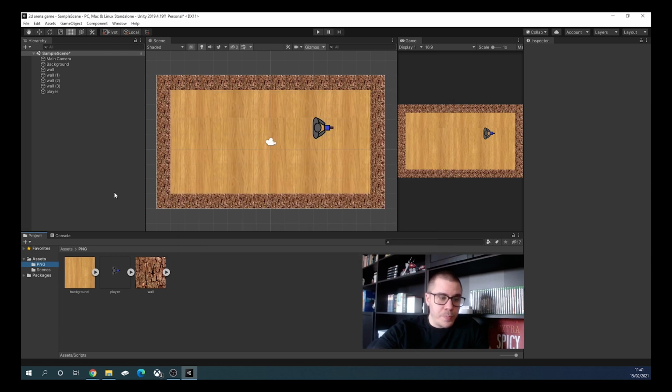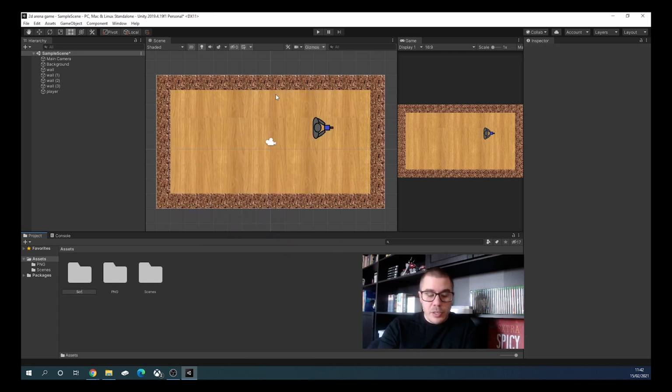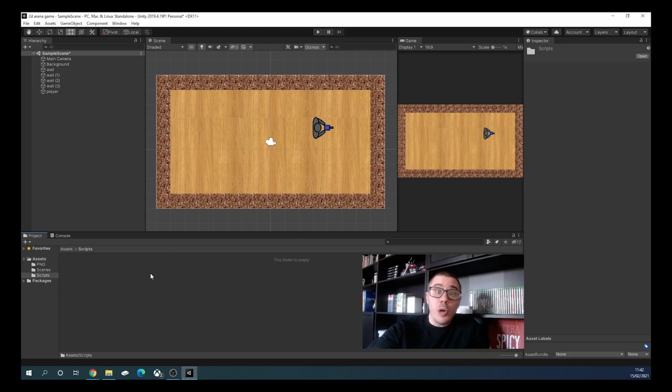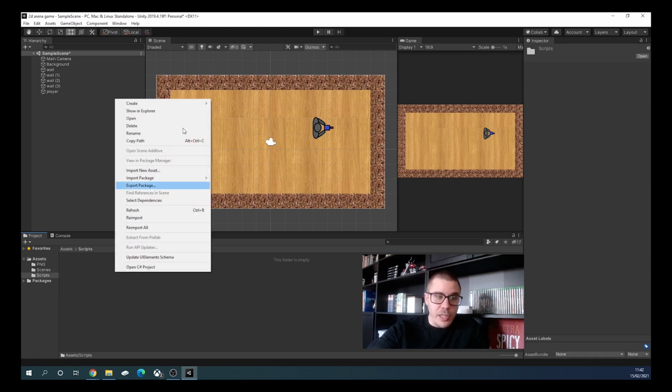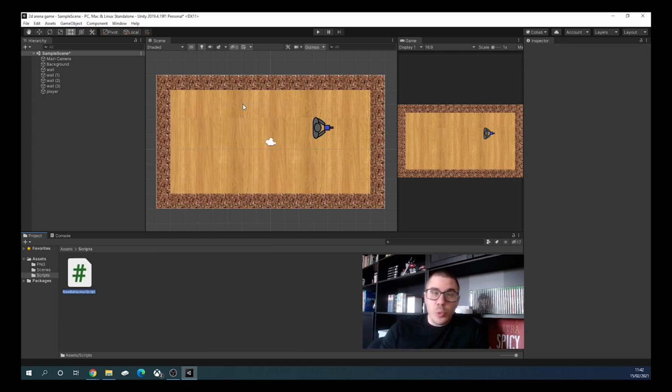Close this one. In Assets, we have two folders, PNG, which we created, and Scenes default by Unity. We will create another folder, so right click, Create Folder. We will name it Scripts. Double click it to open it, and now we will create our script. Right click, Create, this time C# script, and don't click on anything, just write the name of your script. I will name it Player,